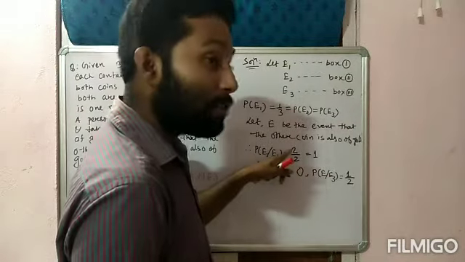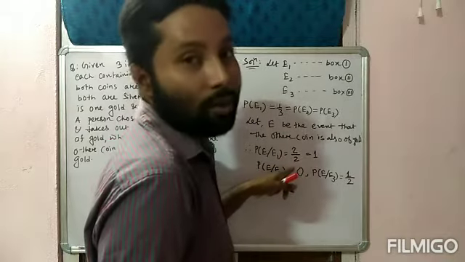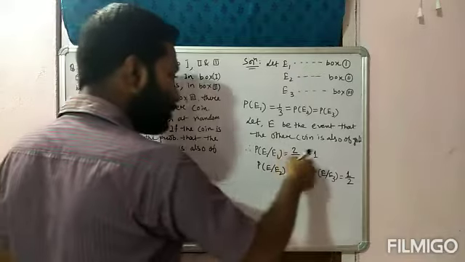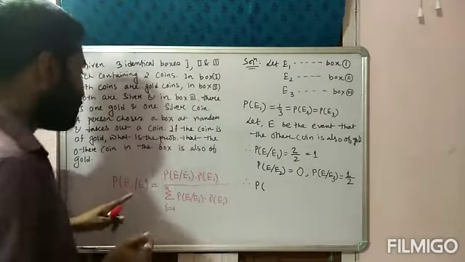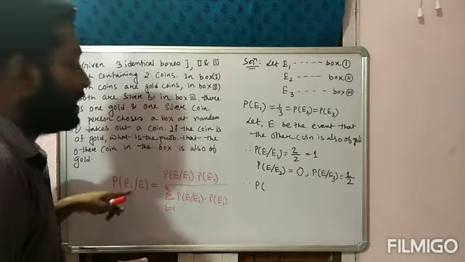In the first case, there are 2 gold coins out of 2 coins. In the second case, there is no gold coin out of 2. That's why it is 0. Yes. So now we know the values of each and every term. So now probability of, you are asked to find what? E I slash E. What will be the value of I here?